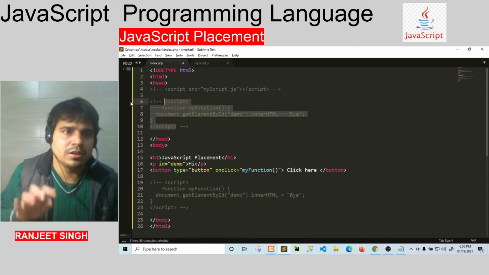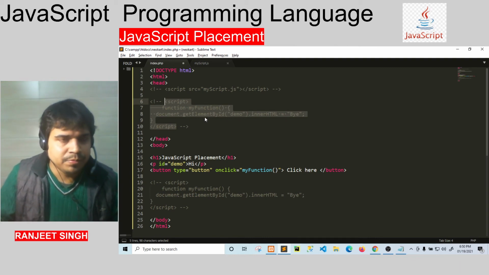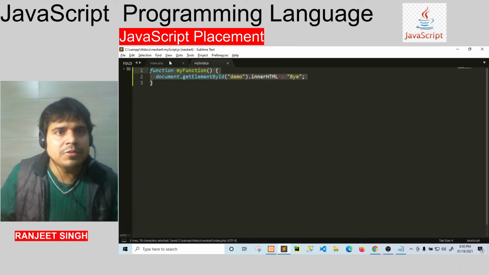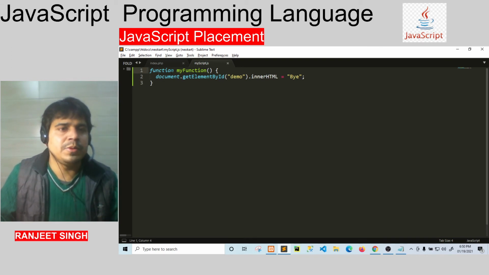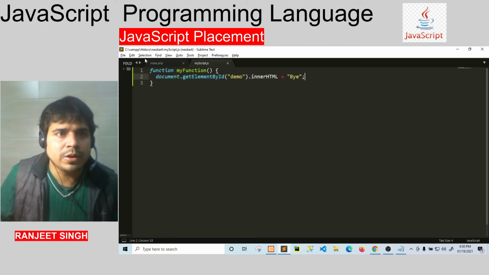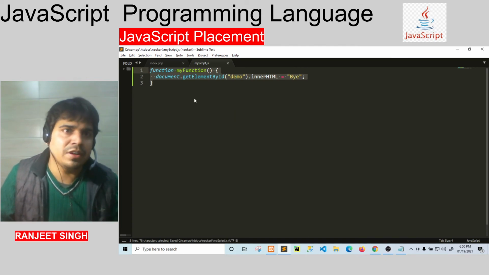Now comment it out. Now we make a file, myscript.js, and put this code, function my function, right? We make a new file, myscript.js, and put here function my function, document dot getElementById demo dot innerHTML dot y. So we put this function here in the external file.